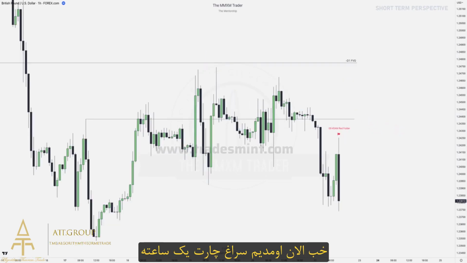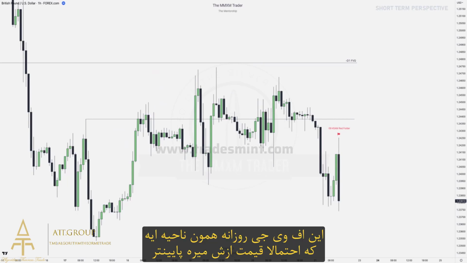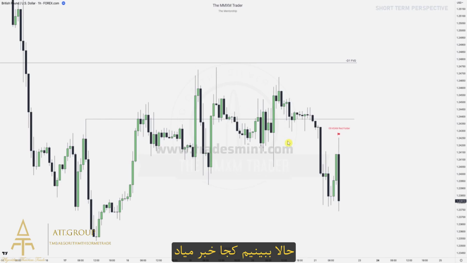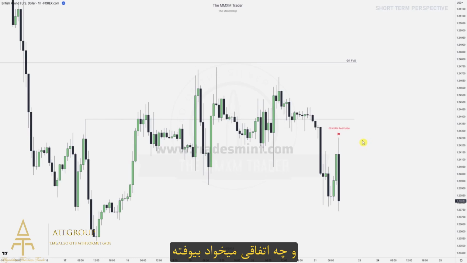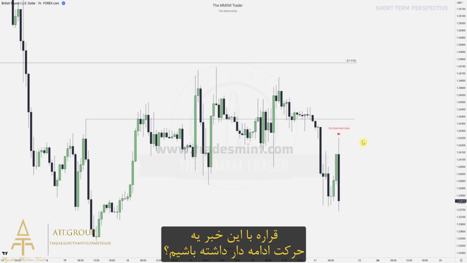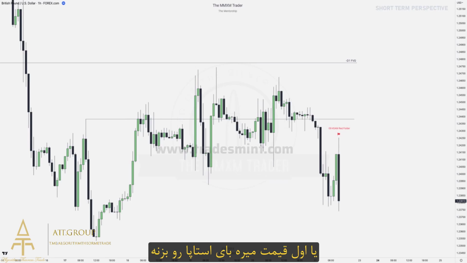Right, we got that 1 hour chart, right? Now we're in a higher time frame POI, right? So this daily fair value gap is our area where it's highly likely that price will move down further, right? Continuation. Now let's look at where is a news event. We have that 9:45 a.m. red folder up here, and then we have to decide where has liquidity been taken already and what is more likely to happen. Are we going to have a continuation lower with news, or are we going to run buy